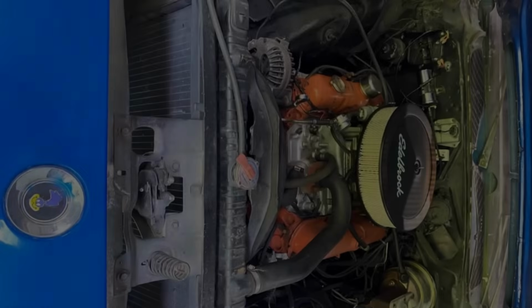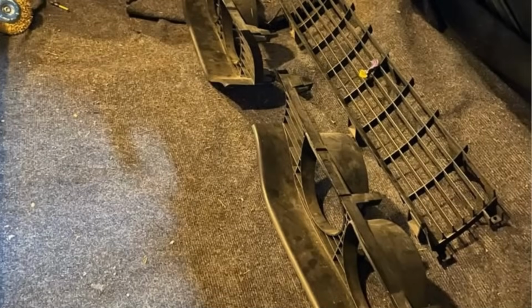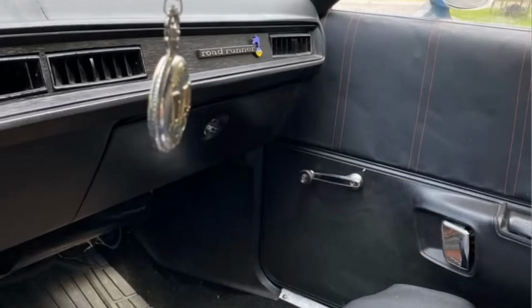The body has been refinished with newer paint, and while the seller notes that there may be some body filler from previous repairs, the car is described as solid throughout. It holds a current West Virginia inspection sticker, indicating it is legally roadworthy, and it comes with a clear title